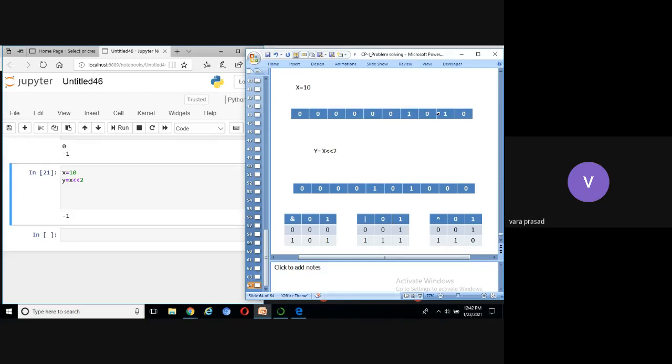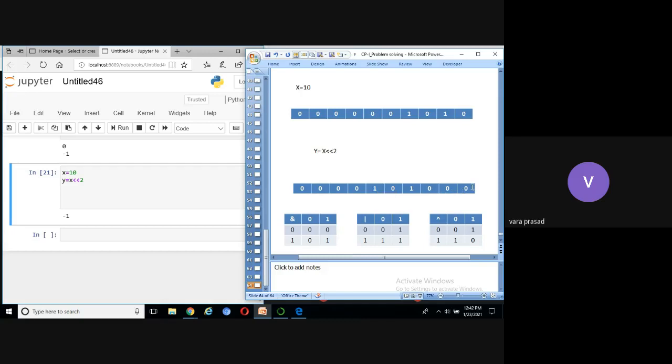Again, rotate one more bit. Okay, finally, how many bits have we rotated? 2 positions. This is the output you can see. Now the output is 0 0 0 0 1 0 1 0, and on the right-hand side we are going to get 0 0. Right?